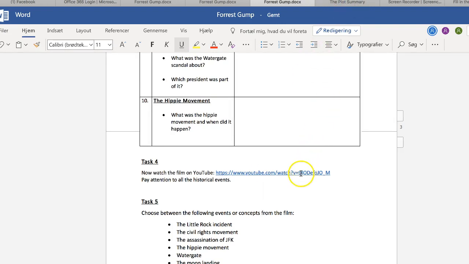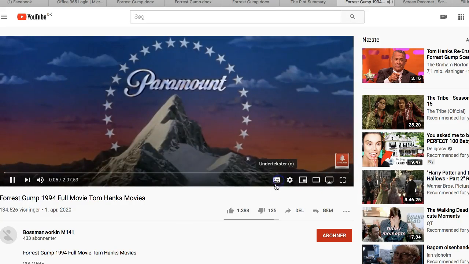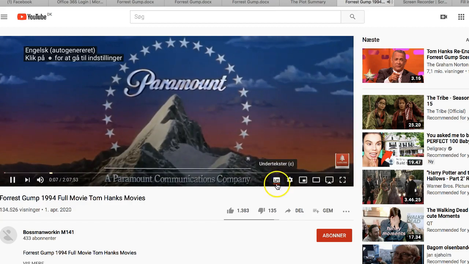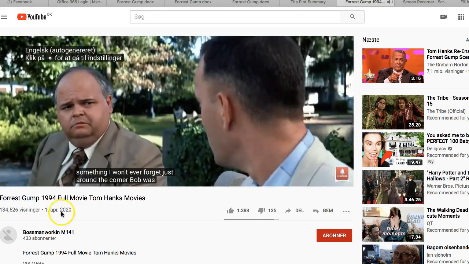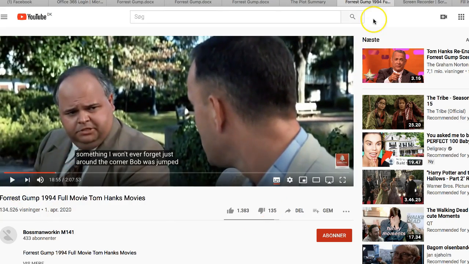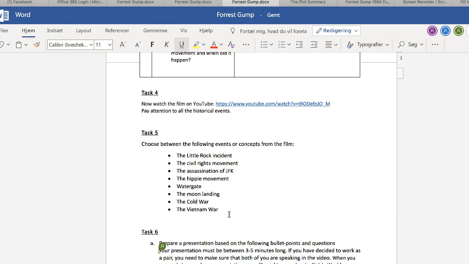And as you might know, when you are on YouTube, you can actually choose subtitles here. So you should be able to push here and get some subtitles. It's just because it hasn't started yet. Remember that some of these are auto-corrected, so they might not make a lot of sense, but they can be useful if you feel like you need them. So make sure to use the subtitles if you want. Good. That was task 4.